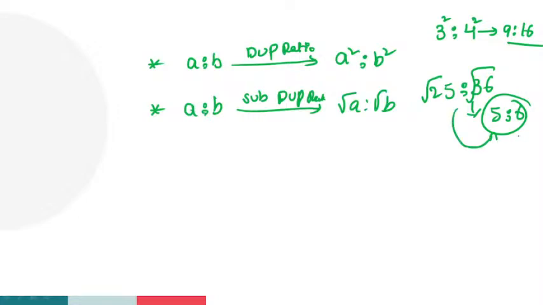25 is to 36, the subduplicate ratio is 5 is to 6, guys. That is the second point. And coming to the third point, guys,